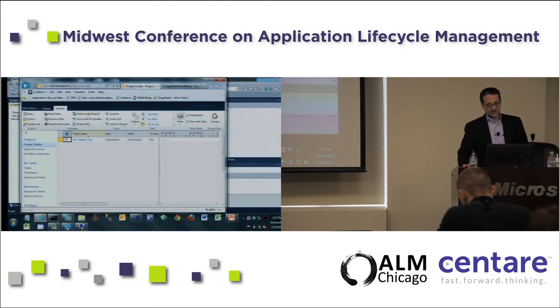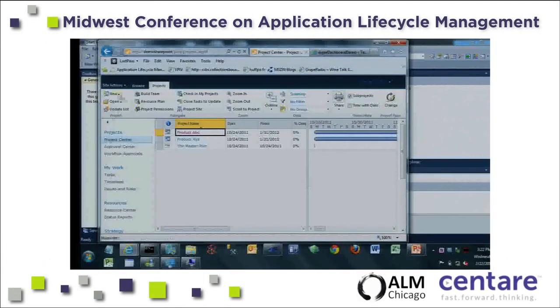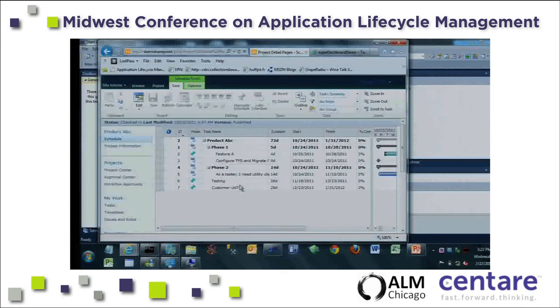So in this case, I actually have a master enterprise plan, and there are some sub-projects. I'll click into Product ABC. It brings up a web interface version of Microsoft Project, and we've got some stuff in here. But what I really want to do is edit this in Project Professional, so we can bring up